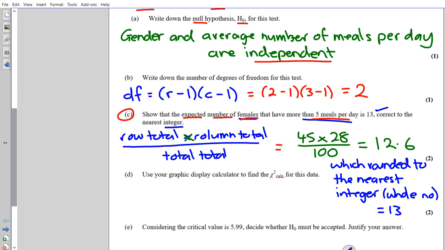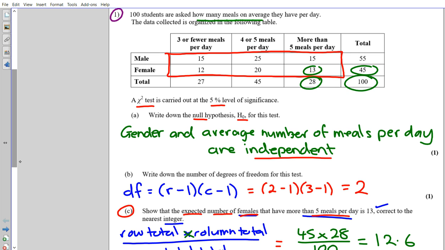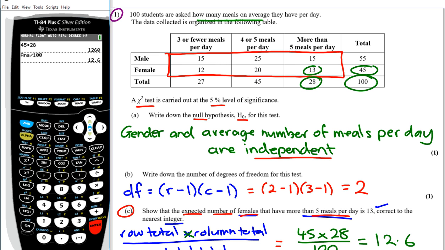Use your GDC to find the chi-squared value. So x-squared calculator means the chi-square value for this data. This is one of the most important things you should try to remember. So we need to enter the matrix into the calculator first of all, and then it's a statistical test. So we're going to go stat test after that. So to enter the 2 by 3 matrix into the calculator, we have to go second matrix. Do you see the word matrix somewhere 4 buttons below the alpha, below the second button? So go second